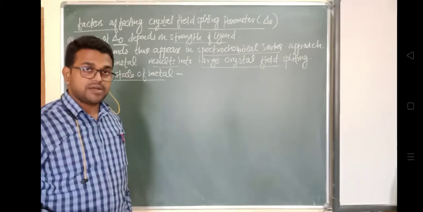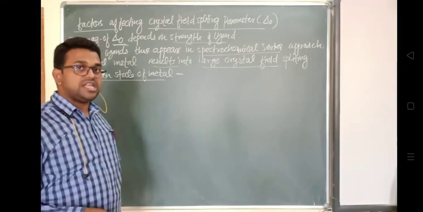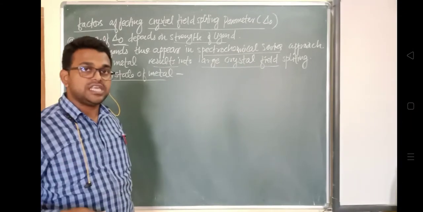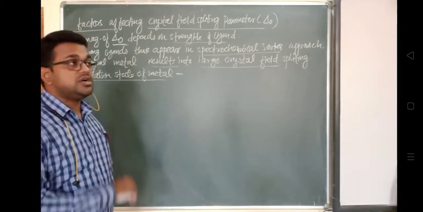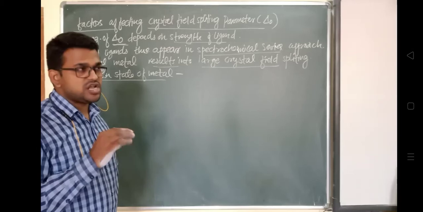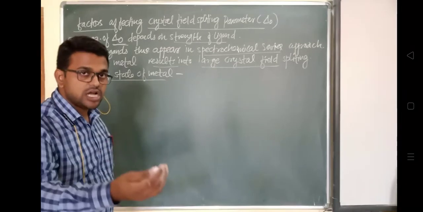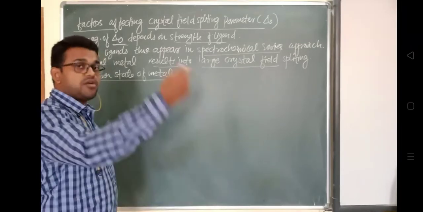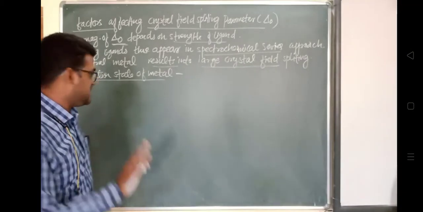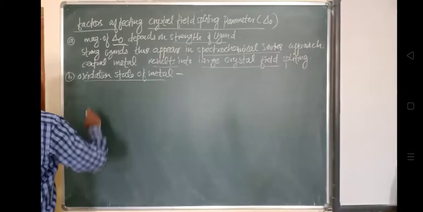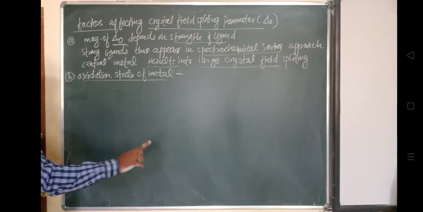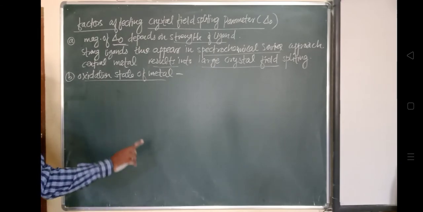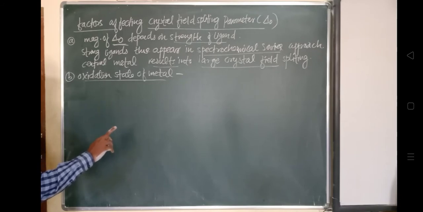तो डोनर एटम से जब वो इलेक्ट्रॉन लेगा तो उसकी इलेक्ट्रॉन लेने की जो कैपेसिटी है, ये कौन डिसाइड करेगा? What is the factor? The oxidation number of the metal ion. जितना ऑक्सीडेशन नंबर ज्यादा रहेगा, उतने ज्यादा नंबर ऑफ इलेक्ट्रॉन्स वो ले सकता है. So oxidation state of metal: a metal with higher positive charge is able to draw ligands closer to it than that with a lower one.